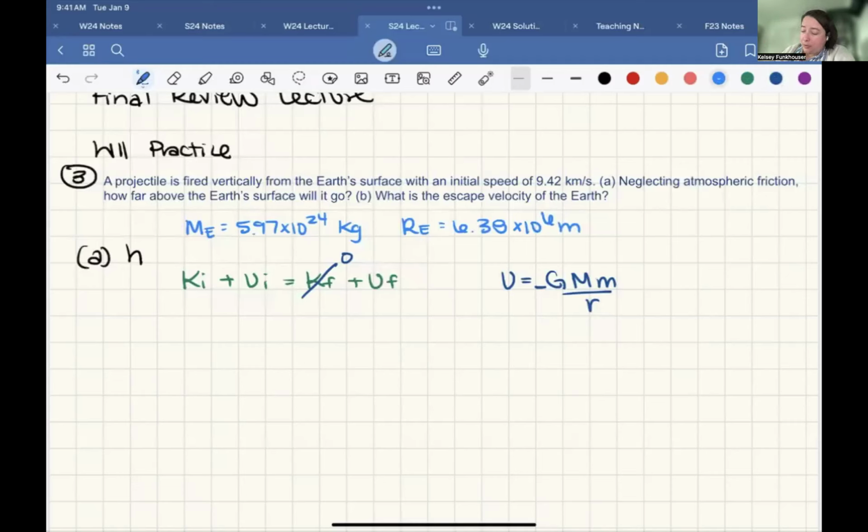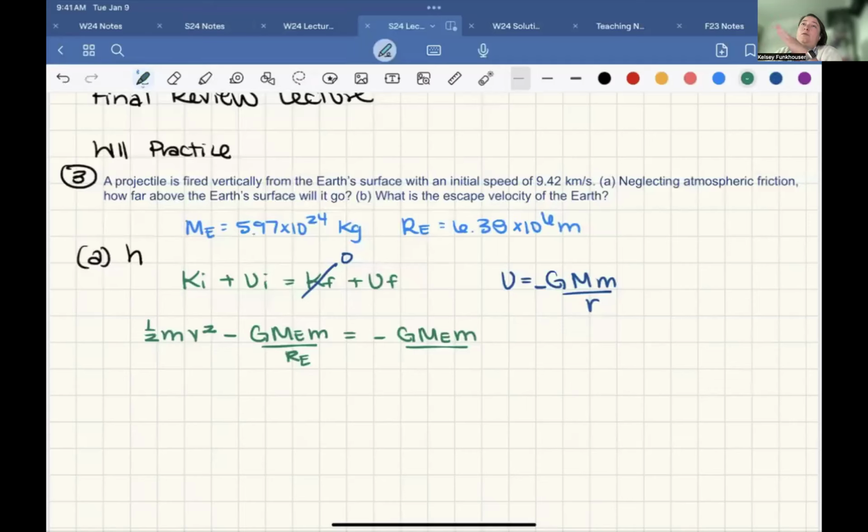And this is not rolling motion anymore. So we can just say kinetic energy is 1/2 the mass of our projectile times the initial velocity squared minus G, mass of the Earth, mass of the projectile, over the radius of the Earth, which is where it starts, because it says from the surface of the Earth. And then this equals negative G, mass of the Earth, mass of the projectile,